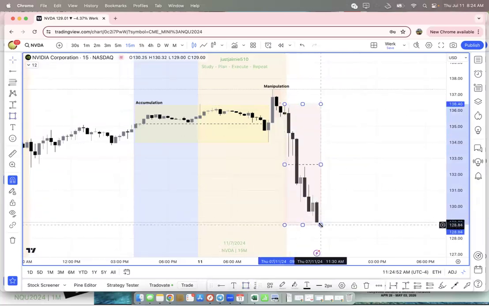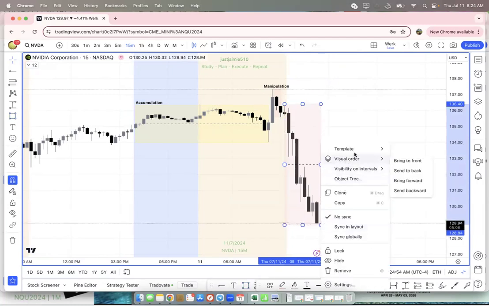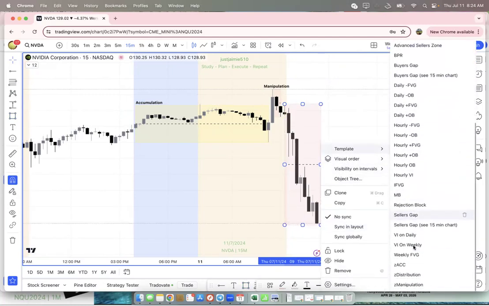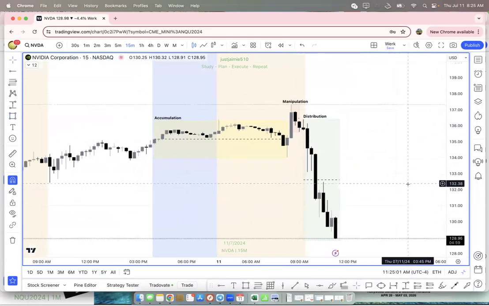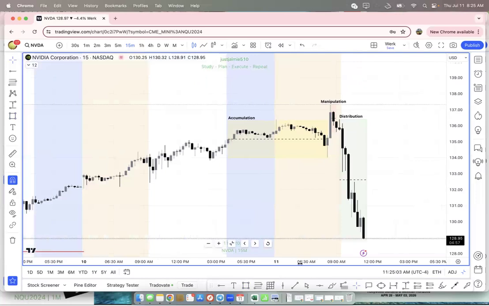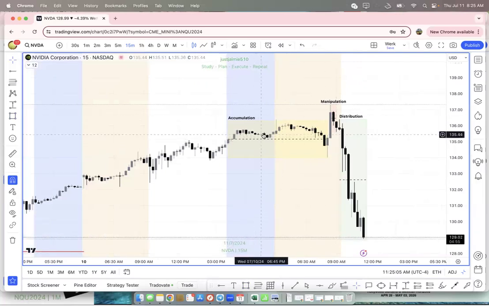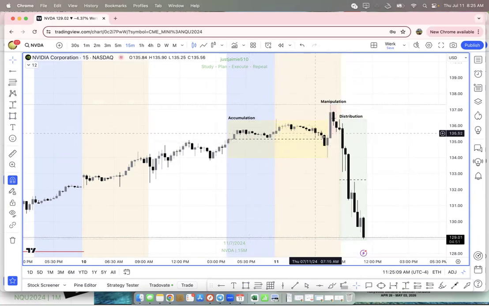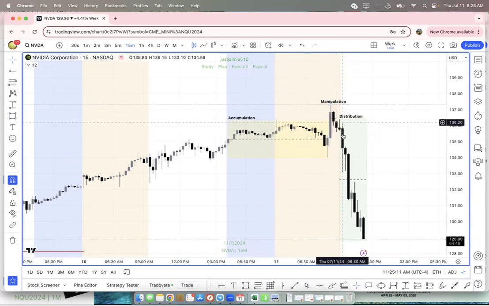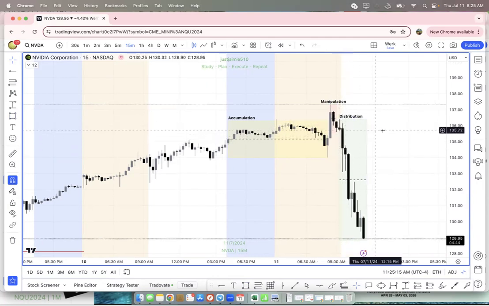Classic power of three. Thank you, ICT. So, knowing that, anything in here is accumulation, that's manipulation. Anything up in here for a short, you could look for,